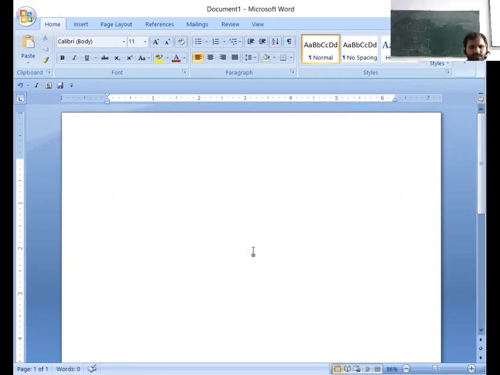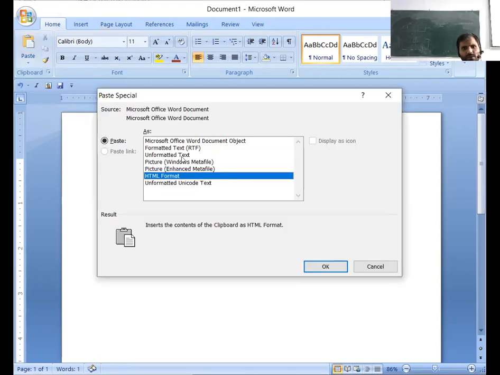Choosing these options, we can paste our text or our picture or value in the desired format. Like I have written here hello, and I have copied it, and below I am going to paste it using paste special, but in the form of a picture. So I have to choose the picture Windows metafile.